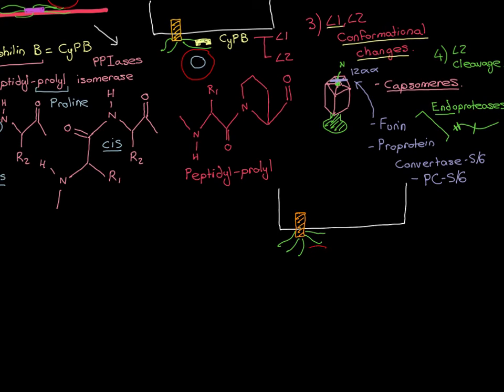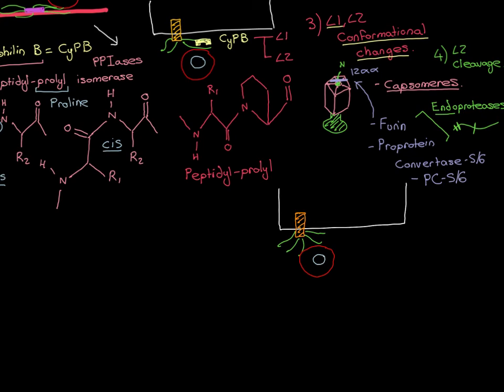So here is the viral capsid that has now undergone conformational changes. L1 proteins, lots of them, have undergone conformational changes. Now, it might not have been all of them. The cyclophilin might not have got to all 360 L1 proteins, but a lot of them have now had conformational changes facilitated by cyclophilin. In addition, you've had conformational changes in some of the L2 proteins, maybe not all of